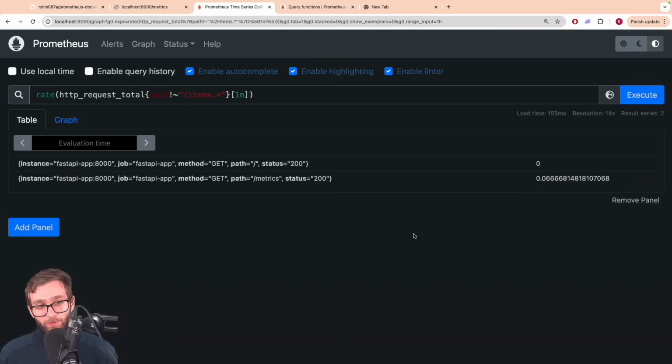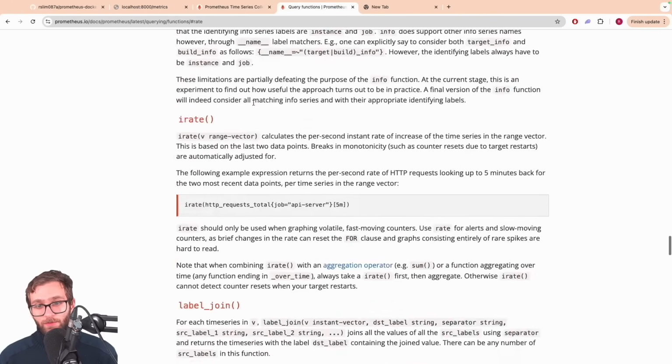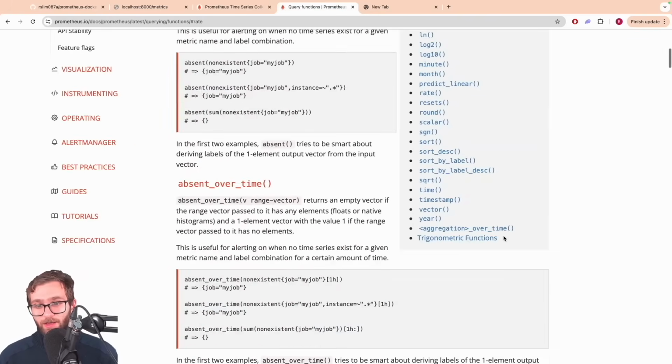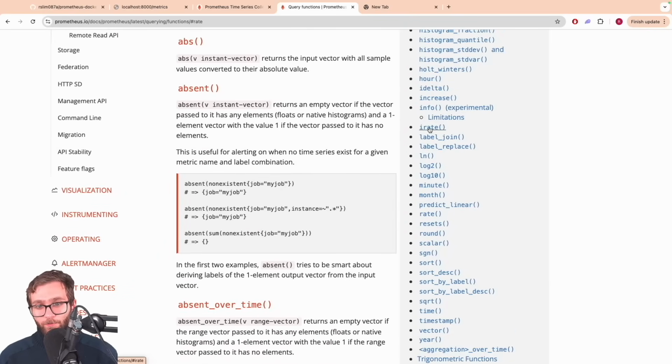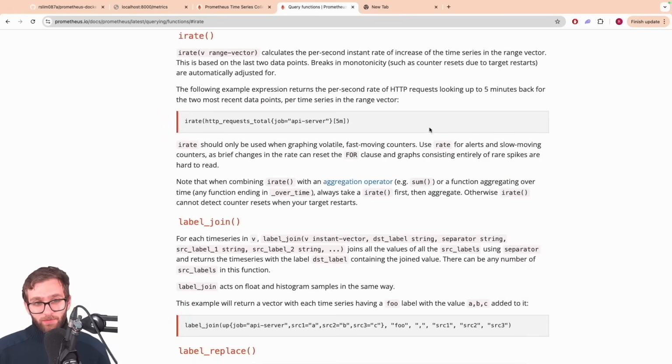All right, and that's pretty much it for rates. Now, very commonly, people compare the rate function versus the iRate function. Let me go to it right now. So the iRate function is very similar to the rate function in that it expects to receive a range vector